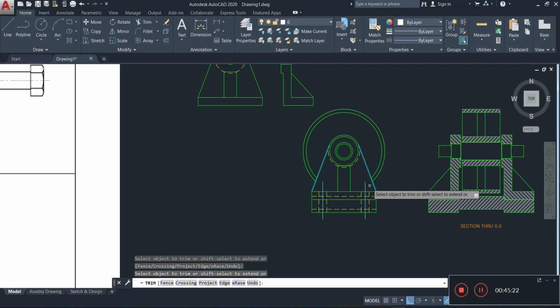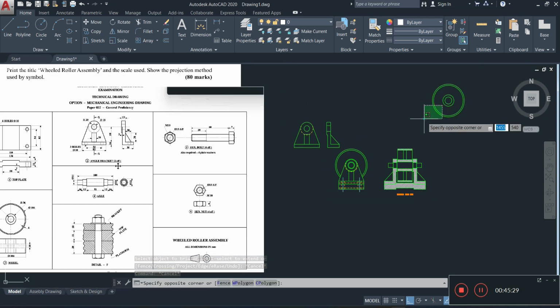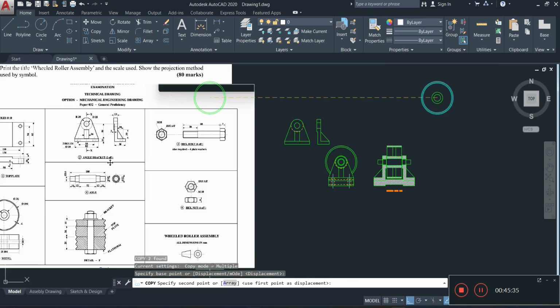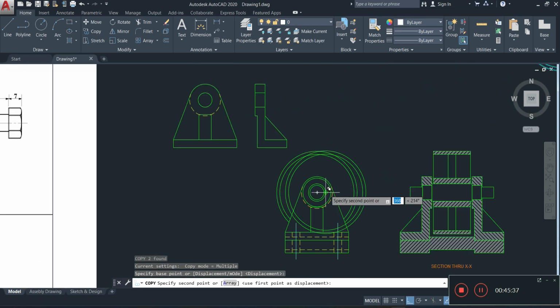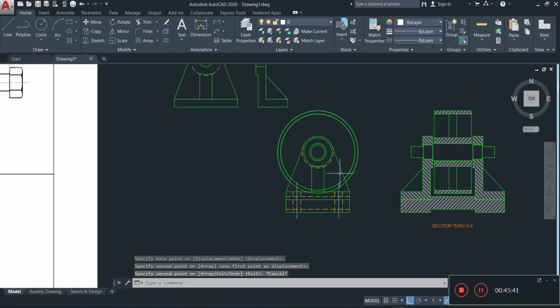Those will have to be re-headed in detail line. So let me just re-head it,